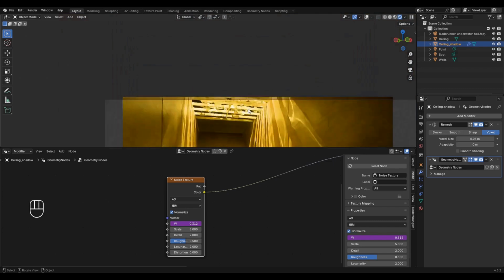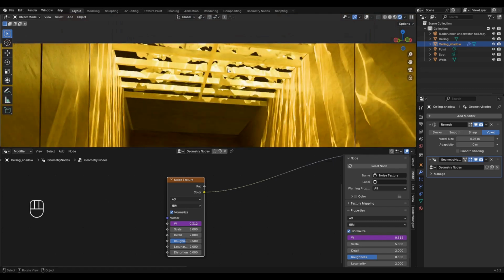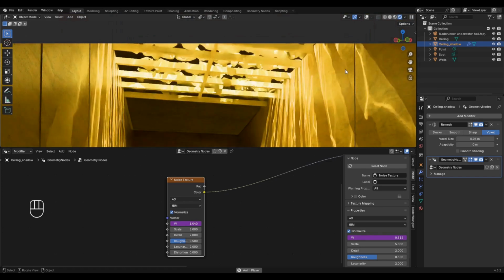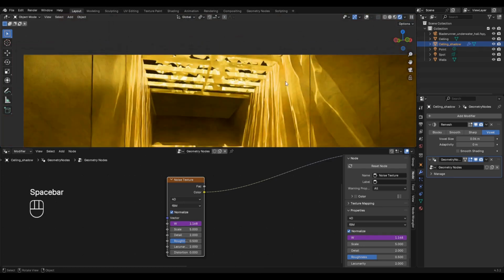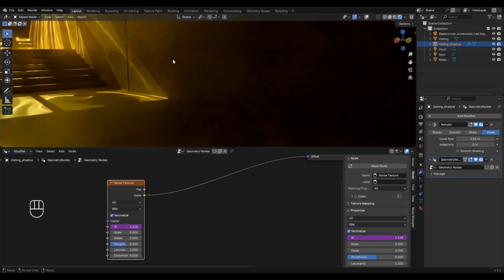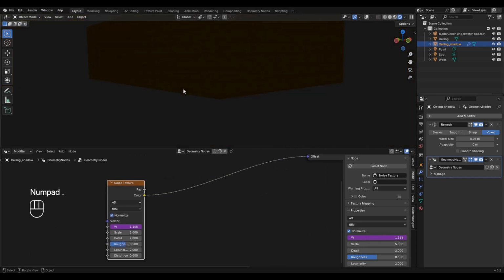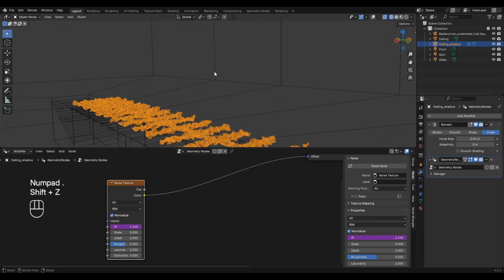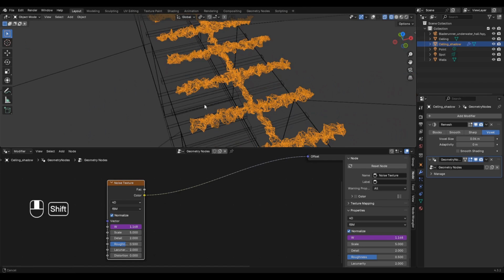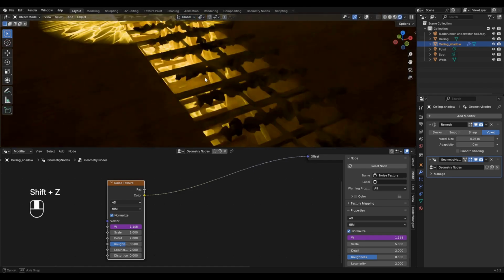Now it's moving and shifting the shadow. But it looks like garbage. Looks clumpy and shifted from the original position.